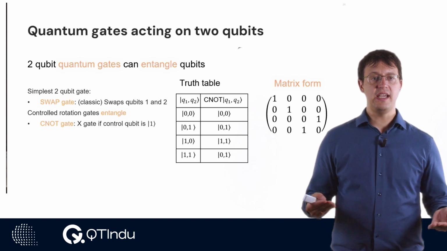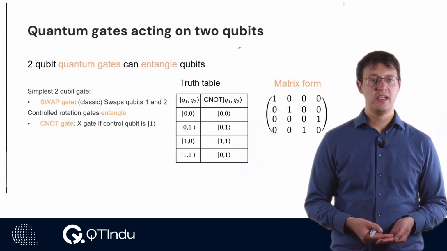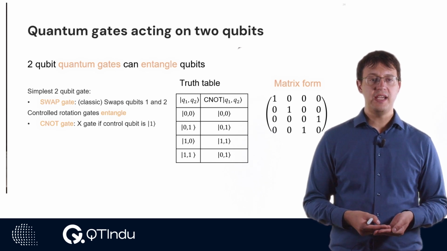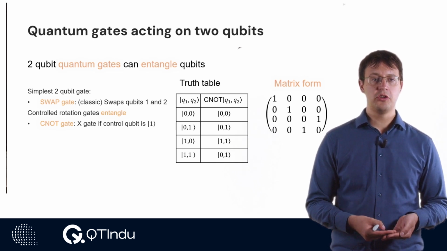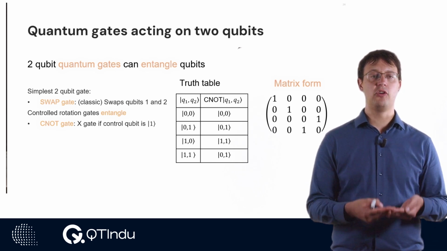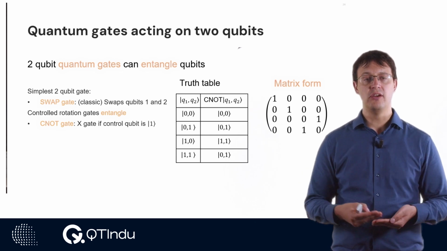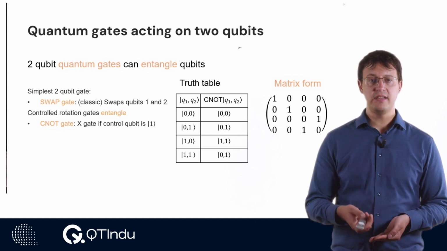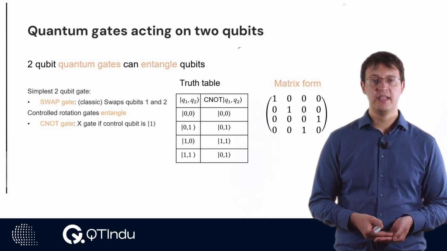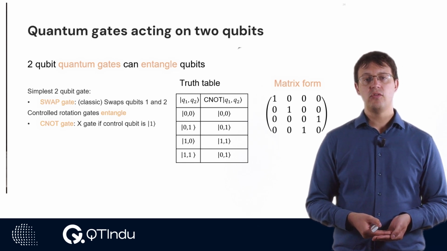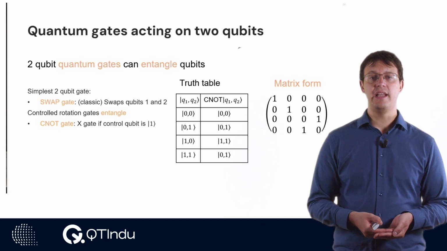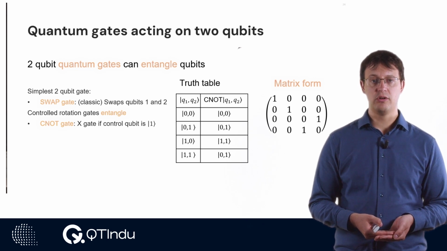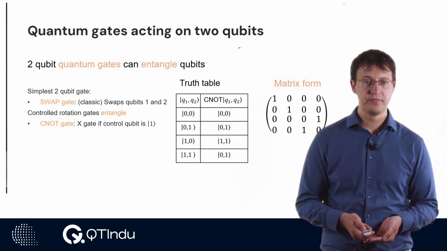The simplest of these gates is the CNOT gate. Here, the controlled gate is the X gate. So controlled on the first qubit, we perform an X gate, a NOT gate, on qubit 2. And the matrix form is given here. It has a 0, 1, 1, 0 in the lower block of the matrix.